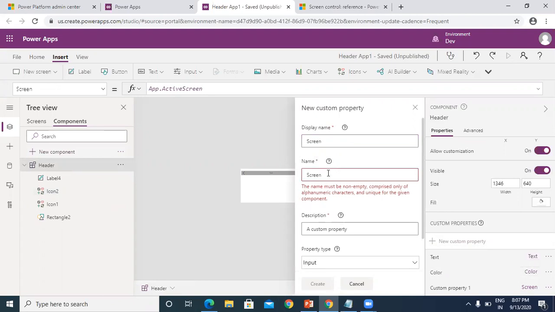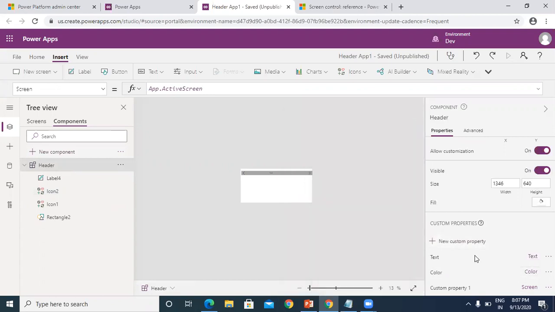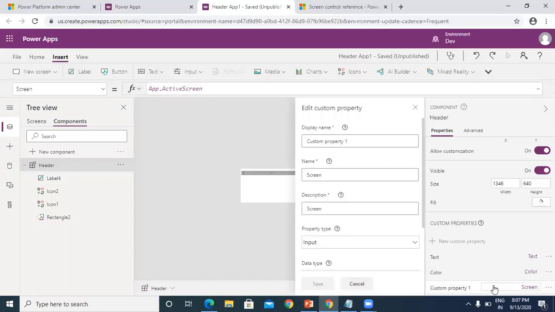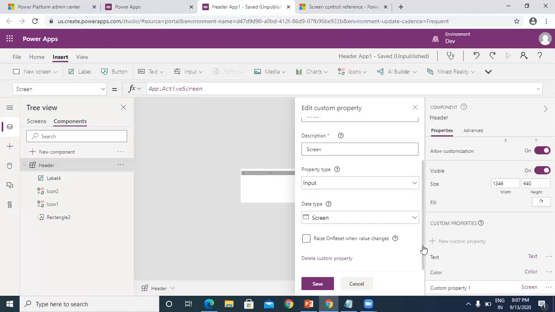So screen one, we can take it like a property. I think there is one property already added. This property we can change to "screen", with a name and description, the type is input, and the data type is screen. Once you save,